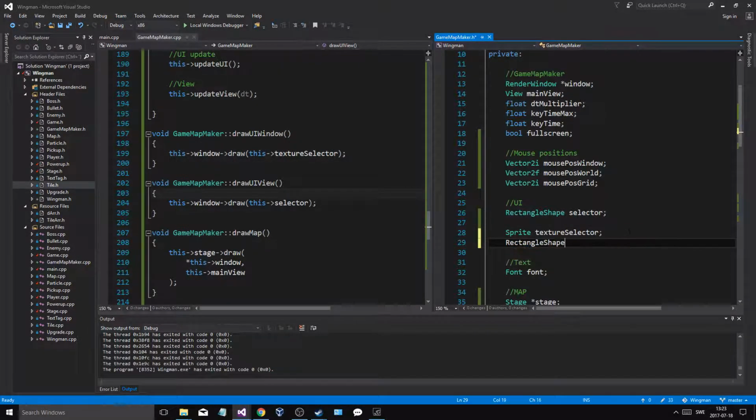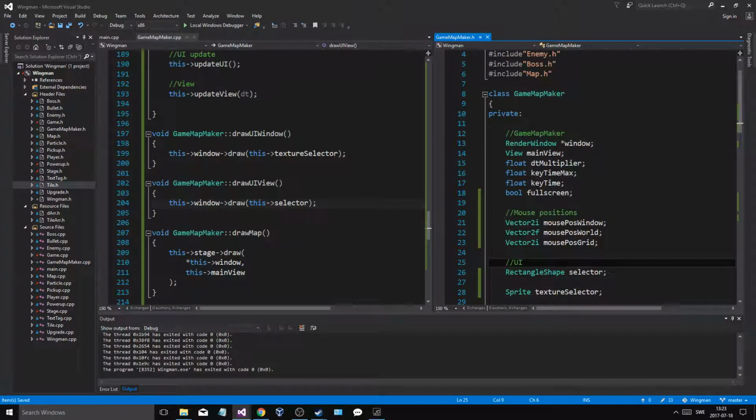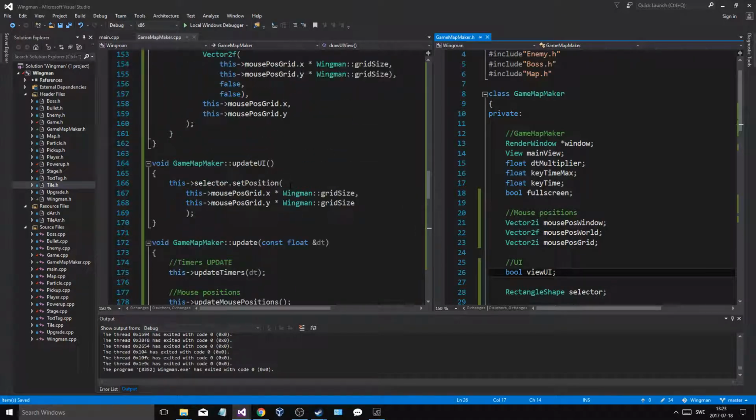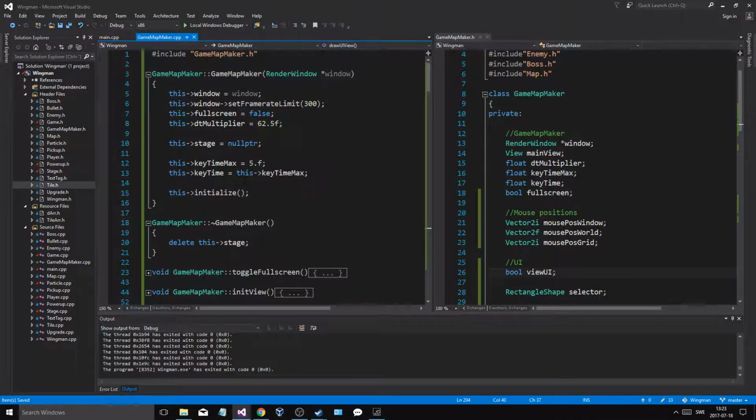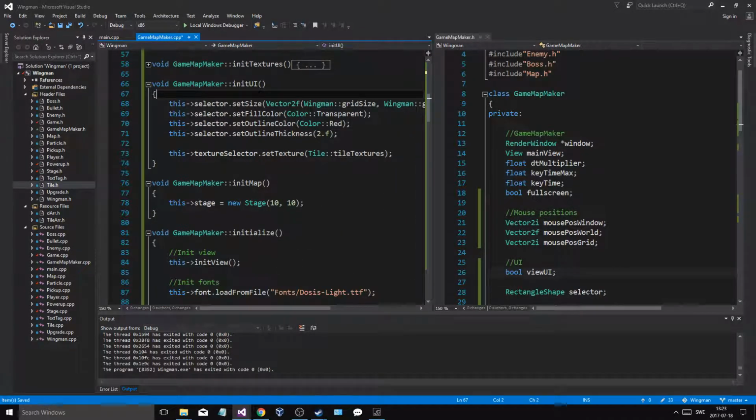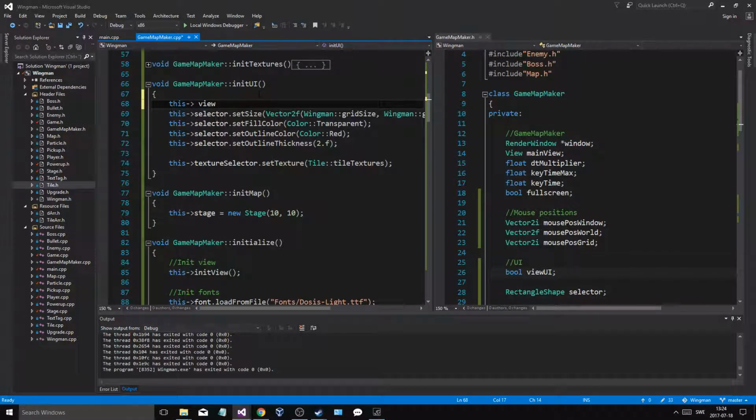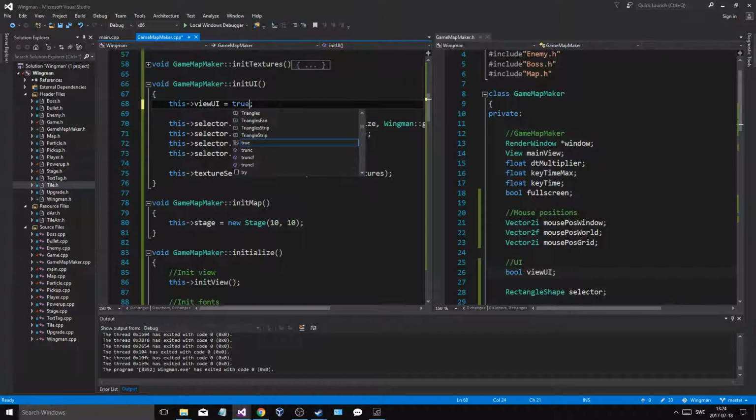Sprite rectangle shape texture selector back. Or do I? No, I don't need that. What am I doing? UI bool view UI. Let's go all the way up and initialize. Let's do init UI. This view UI equal false equals true,